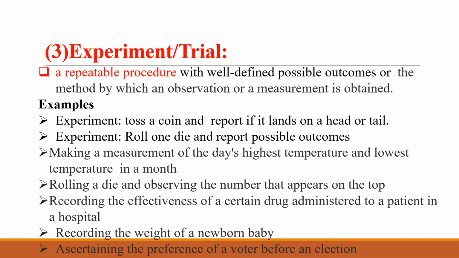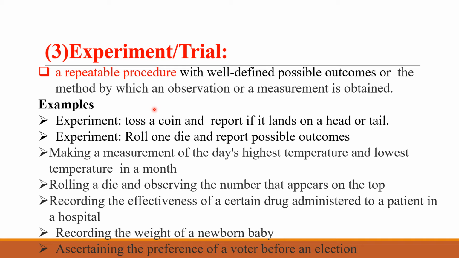Now, what is an experiment? The fourth term is an experiment. It is basically a repeated procedure with well-defined possible outcomes, or the method by which an observation or a measurement is obtained. So I have an experiment, for example, tossing of a coin, or rolling a die,